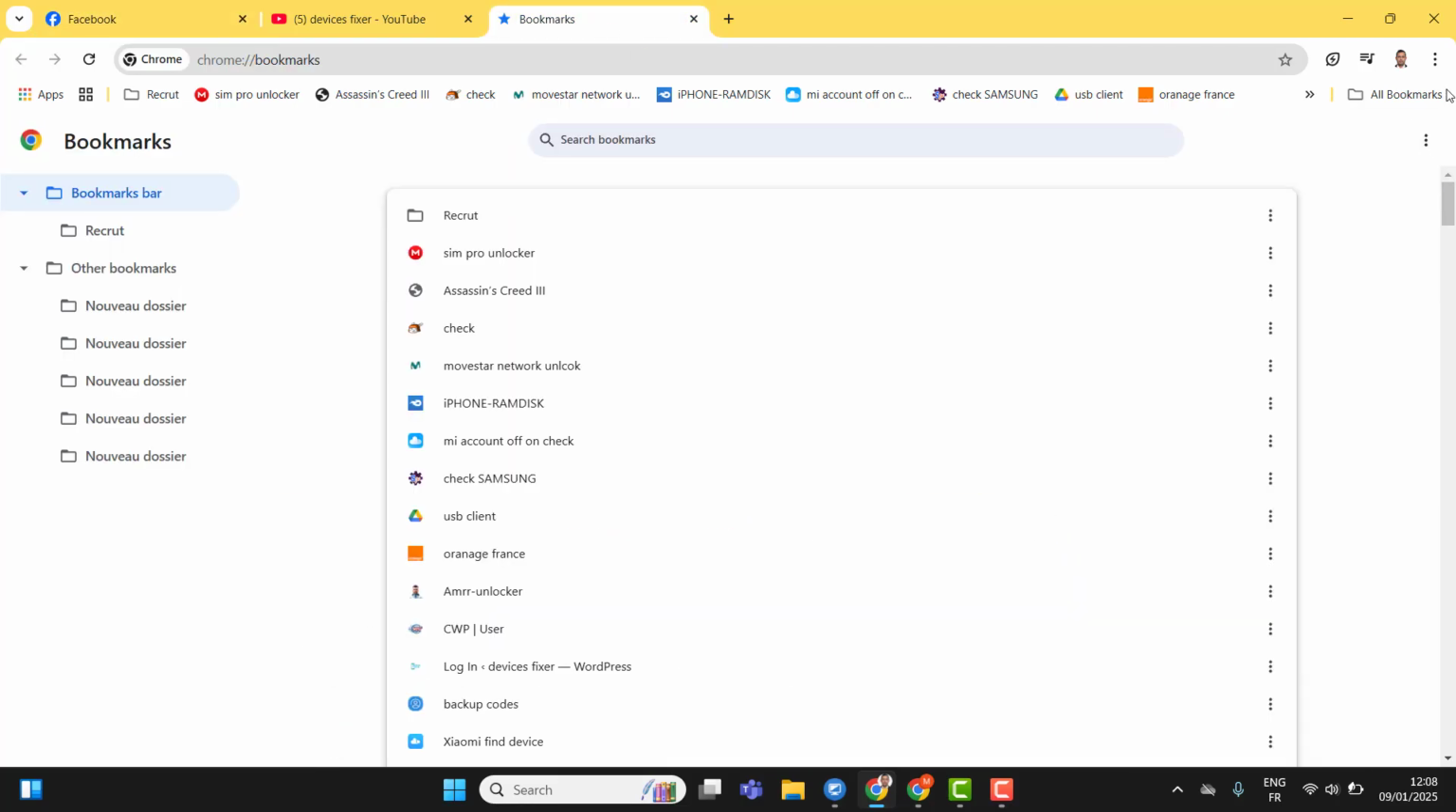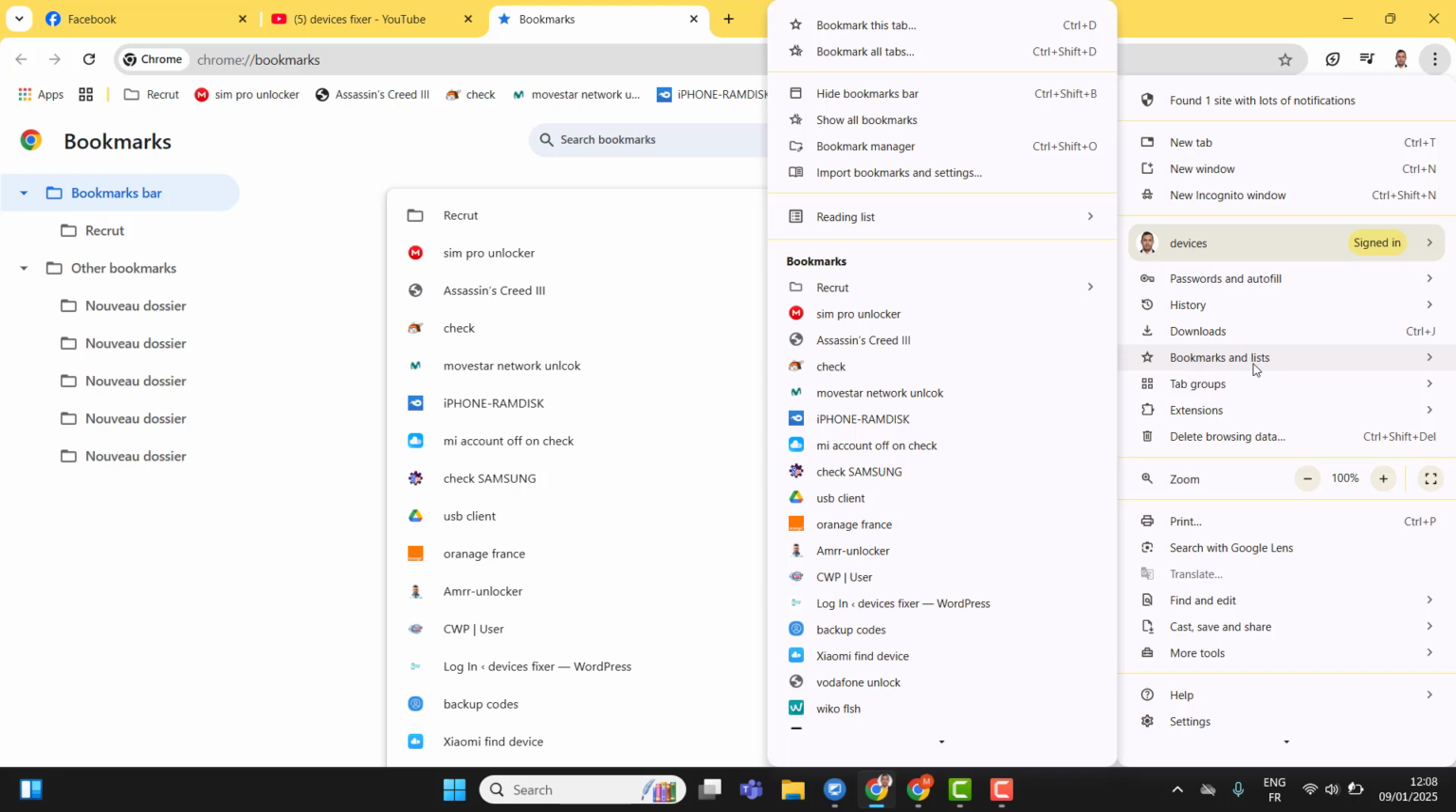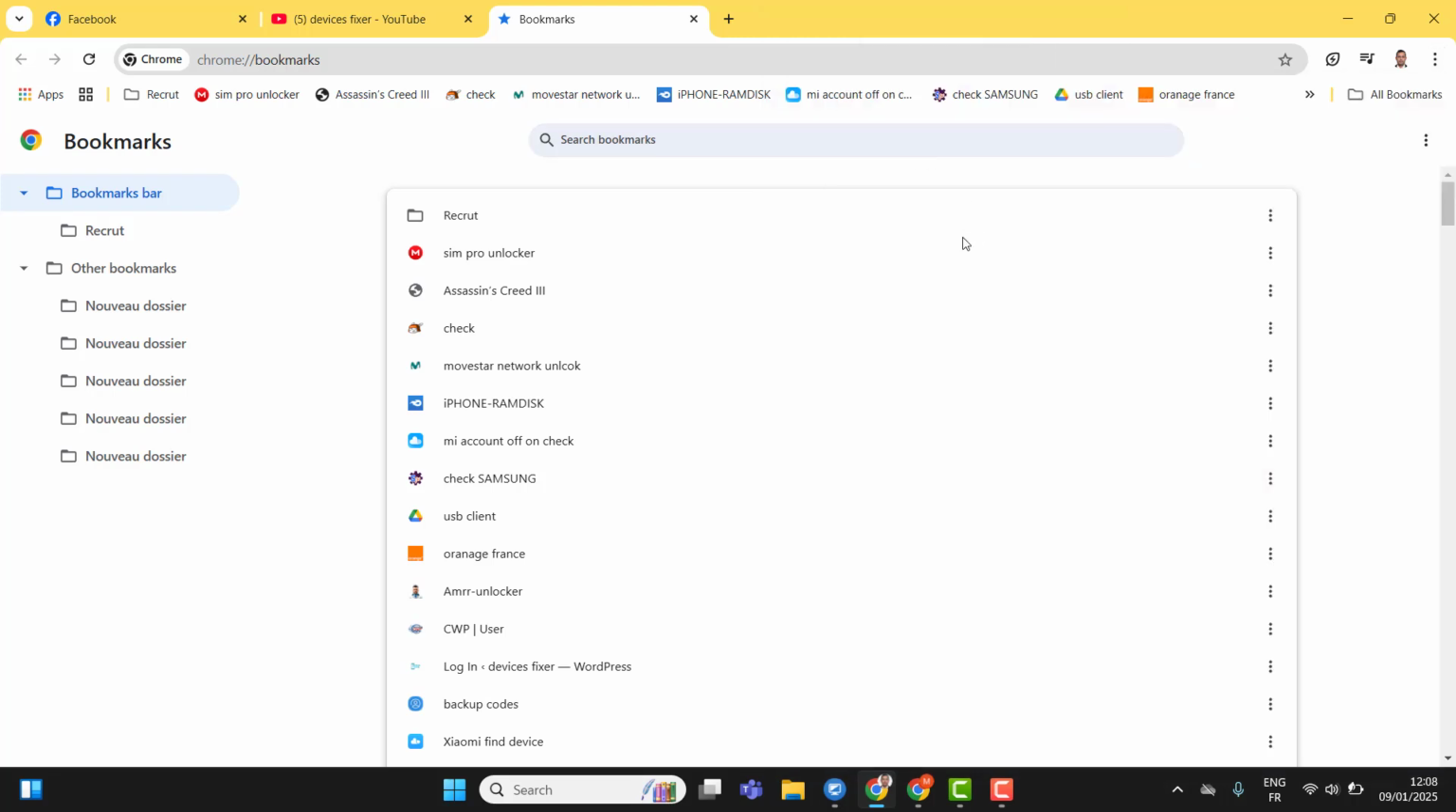Okay, now the first thing I would like to mention is to go here, option, and select bookmarks. After here click bookmark manager. You will see this page. Click option here and click export bookmarks